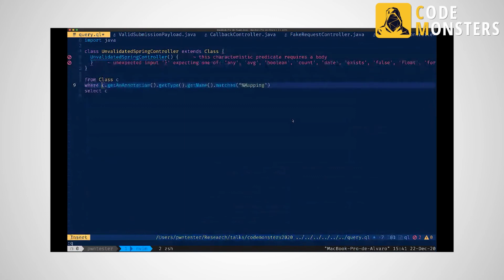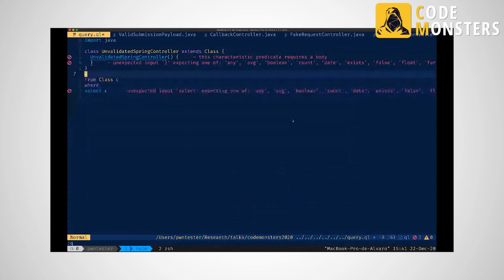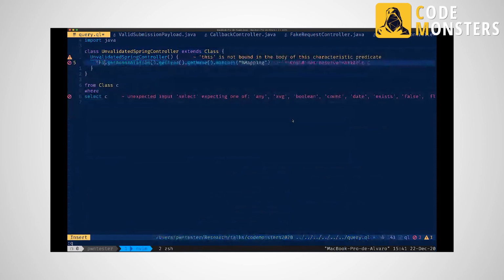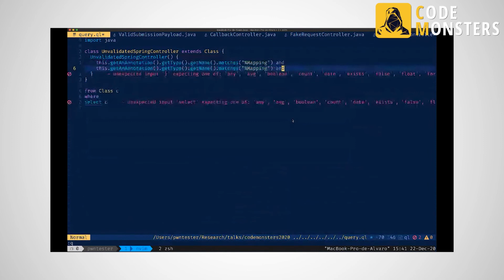So let's reuse this piece of code here. So we have a class which is annotated with mapping, but it's not annotated with